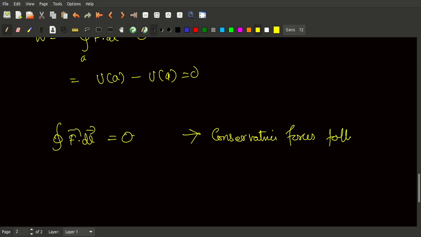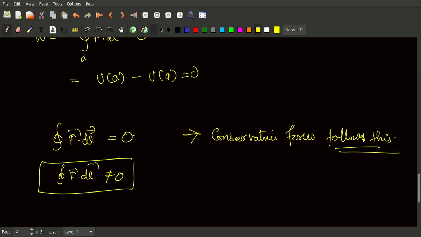Just follow this. Okay, this is forces, follow this, not follow this. Okay, fine. But if this is not equal to 0, f dot dl is not equal to 0 for non-conservative forces. For non-conservative forces, this won't be equal to 0. Okay. So now the question is,